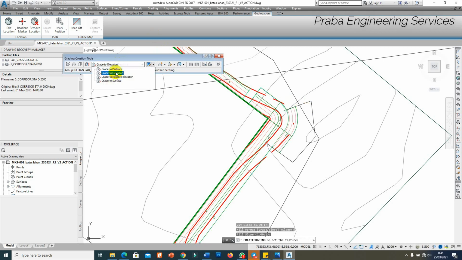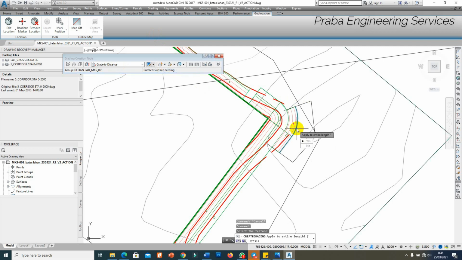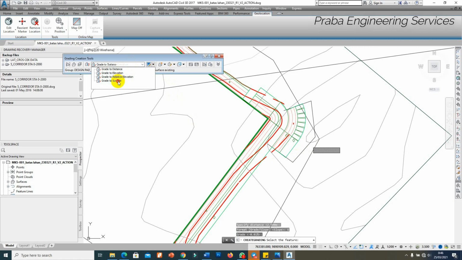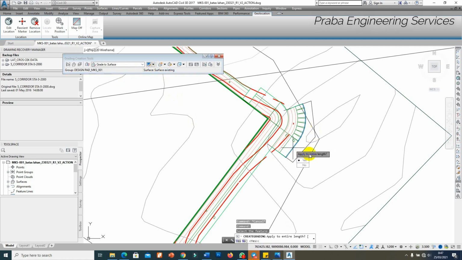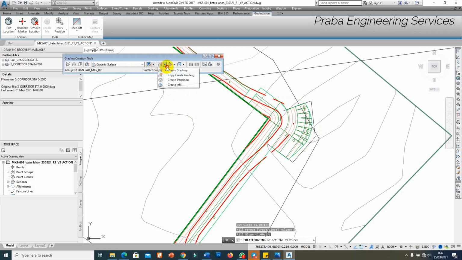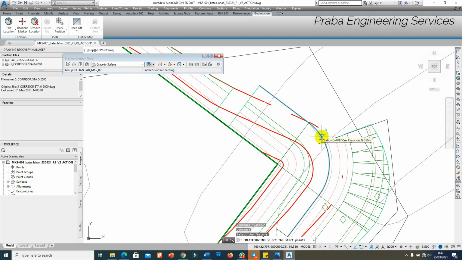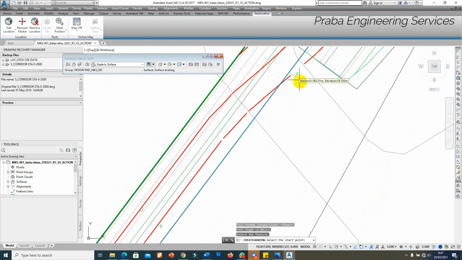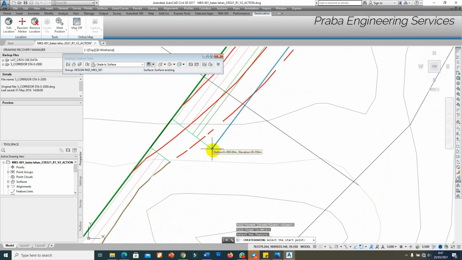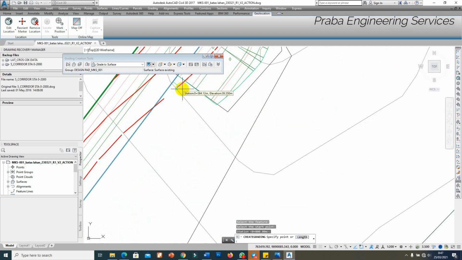Okay, then go to the distance again, create grading, click the object, enter, distance, okay, grid, then minus, okay. The last is go to surface, grading, enter again, okay, perfect. Then create two surface 2 in here, okay, from here to here, enter. Okay, go to surface again from here, start point is in here, end point is in here,